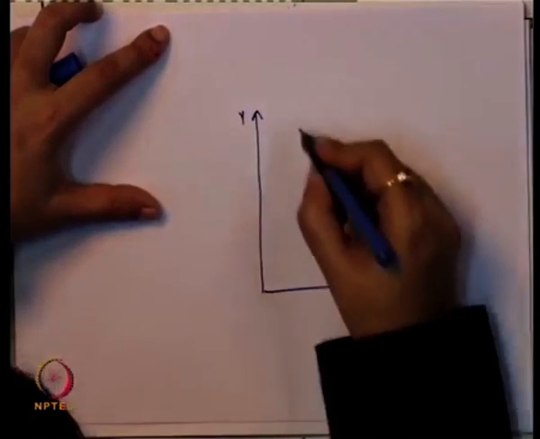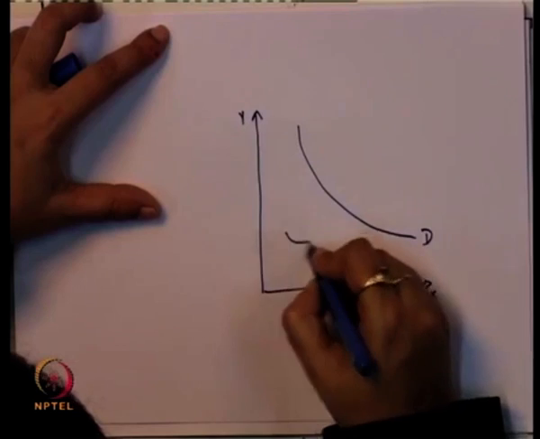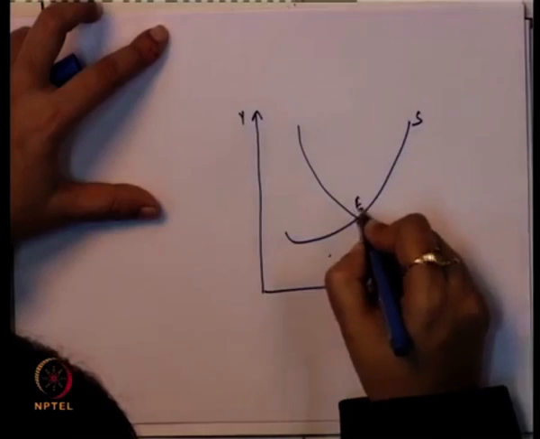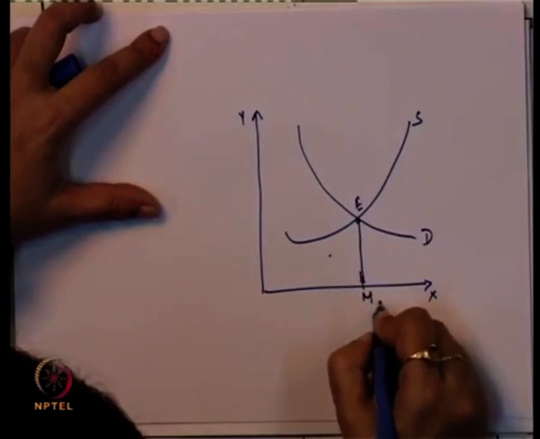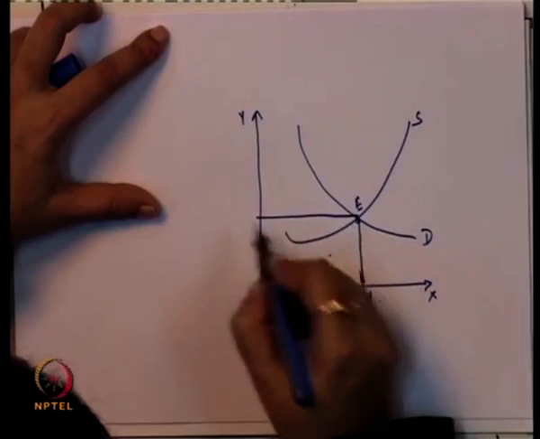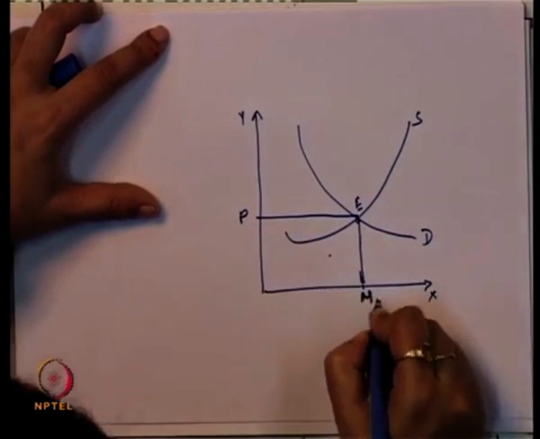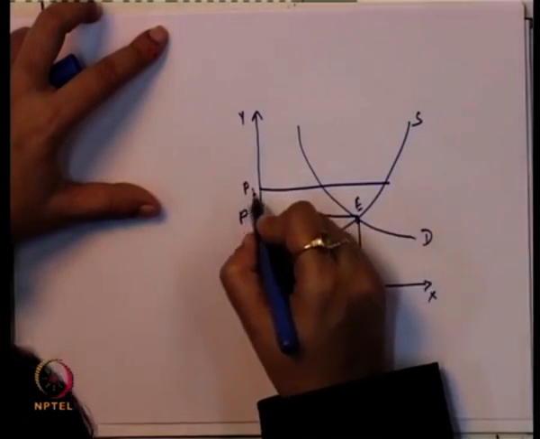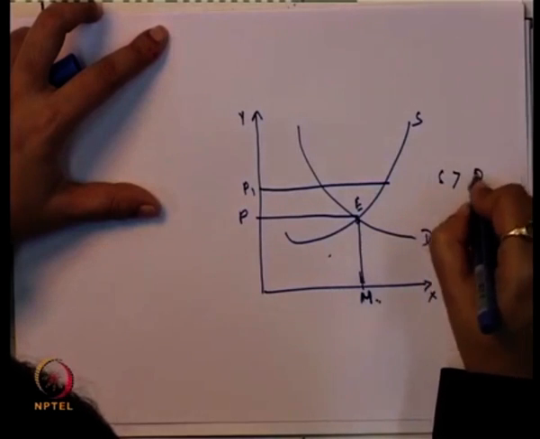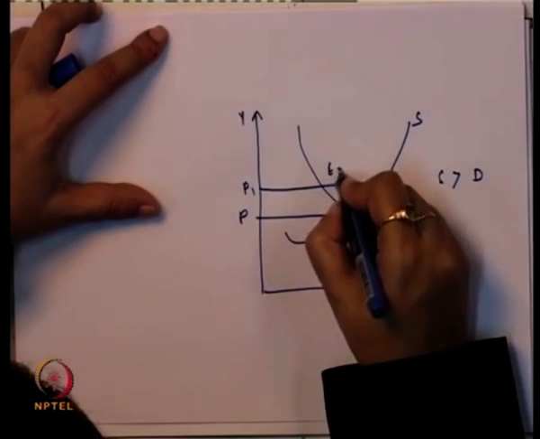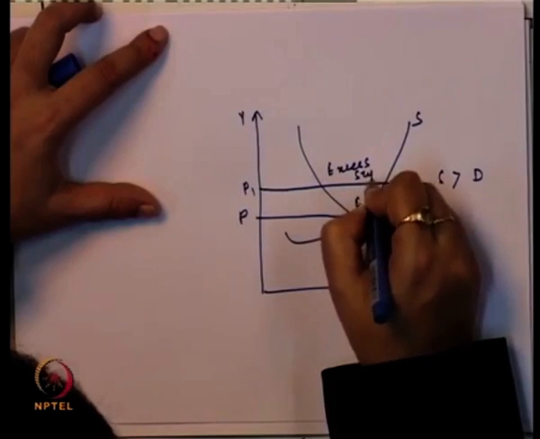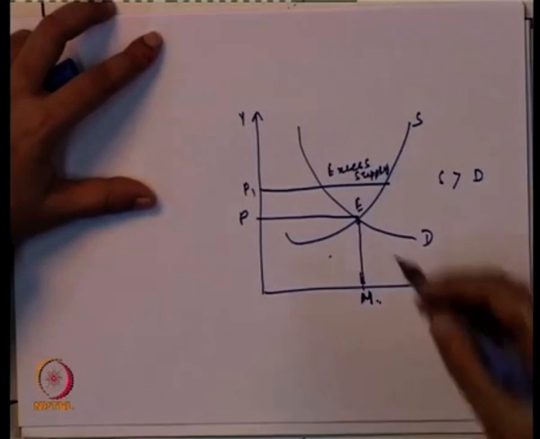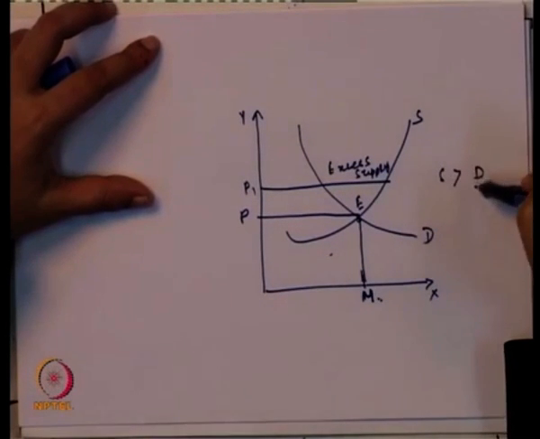Okay. So, this is our demand curve, this is our supply curve. E is the point, that is the equilibrium point. At this point demand and supply intersect with each other. P is the equilibrium price, and M is the equilibrium level of output. At any price above this, P1, the supply is more than demand, and this leads to excess supply, because supply and price are positively related. So, price increases, supply increases, and that leads to excess of supply with respect to demand.